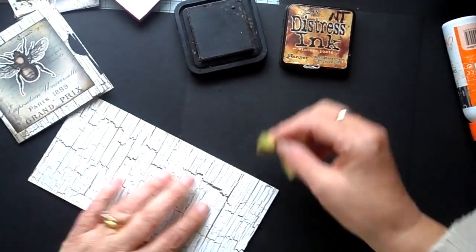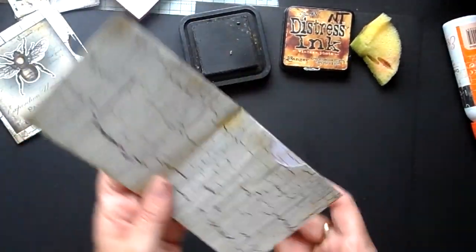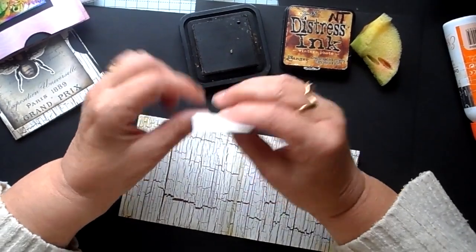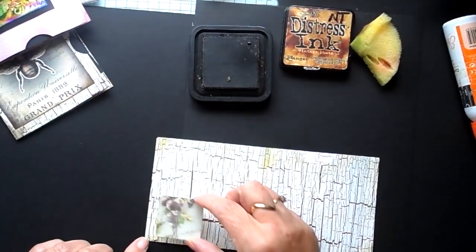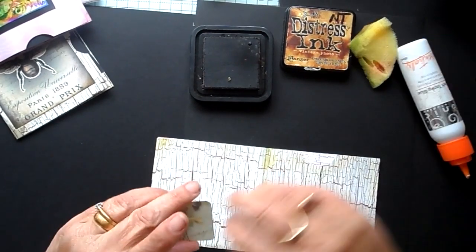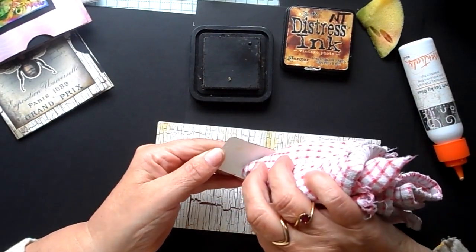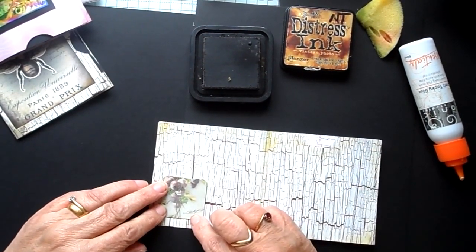Everyone's got their own method of distressing. I quite like using a piece of sponge, but everybody's got their own idea. So here, what I'm going to use this time is I've got these little squares that came out of something. They just popped out, so I'm just going to use one of these to go in the corner there as a little flap, as a little holder, sorry, to hold an image. Okay, and I'm just going to put that. Oh, now I've made a mistake, because what I don't want to do is have any glue on those edges there, because I just want it to catch on that corner there and there, like so. Okay,